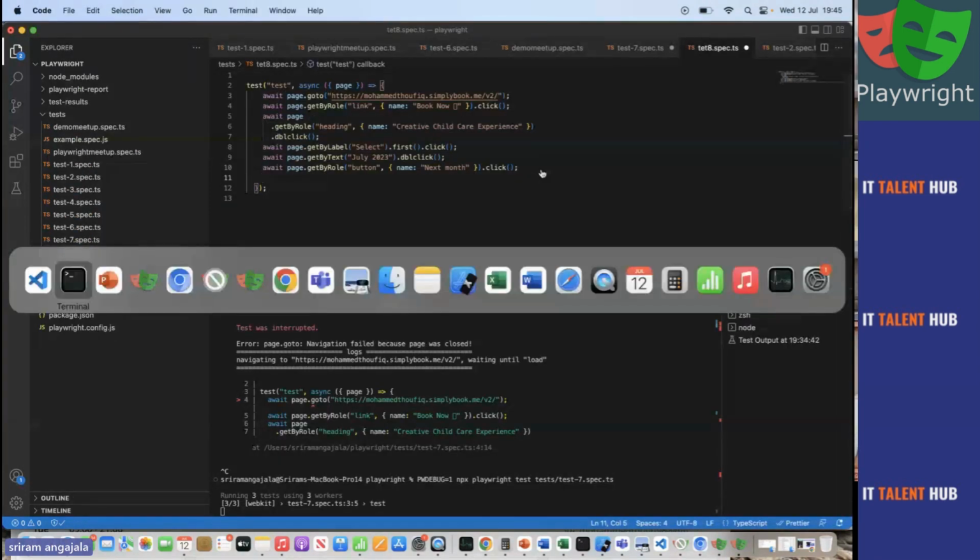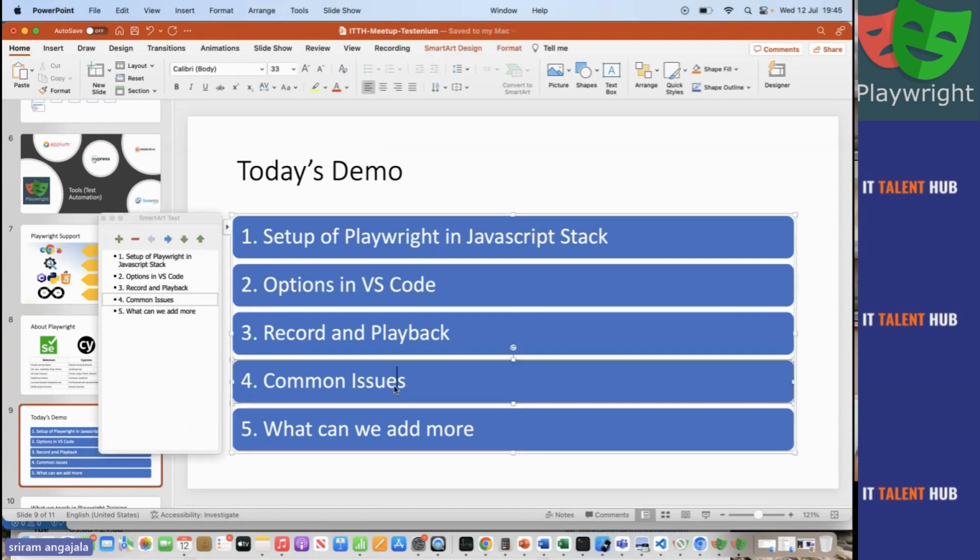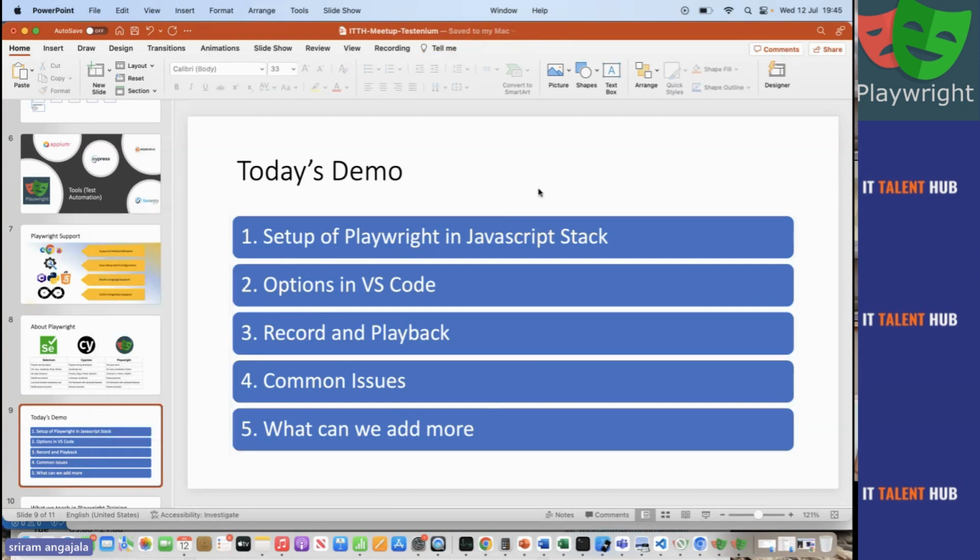Assertions are something that you need to learn. That is something common, and there will still be some wait issues here and there. You need to know how to handle that, but it is hardly 5 to 10% of the maintenance work. That's where you will have issues. For example, if you're running in mobile, maybe a locator is not working.